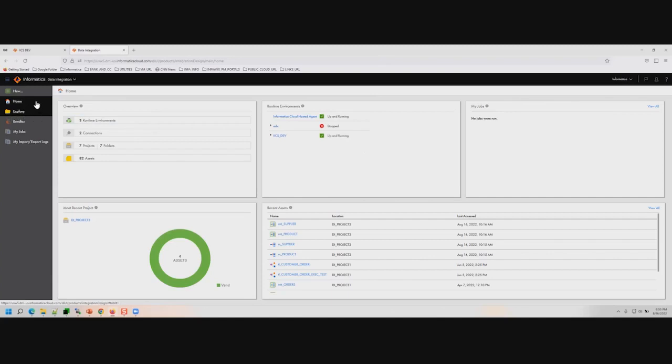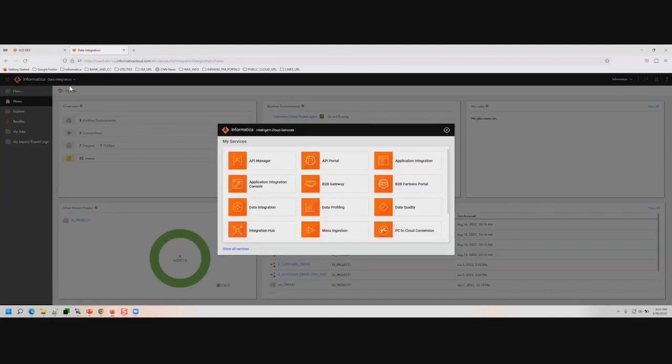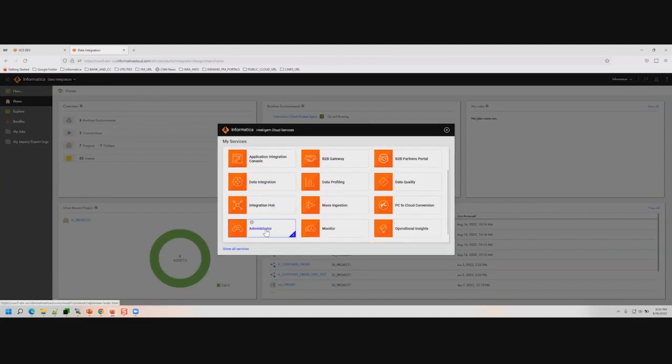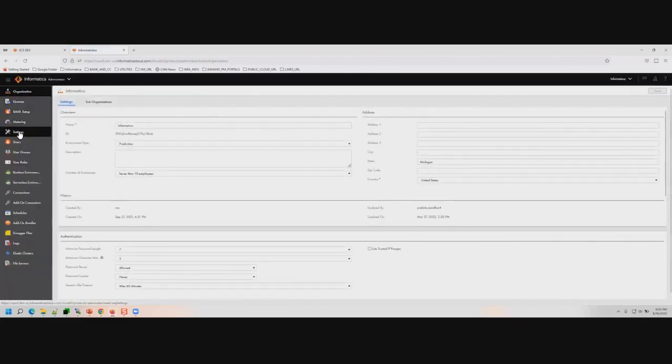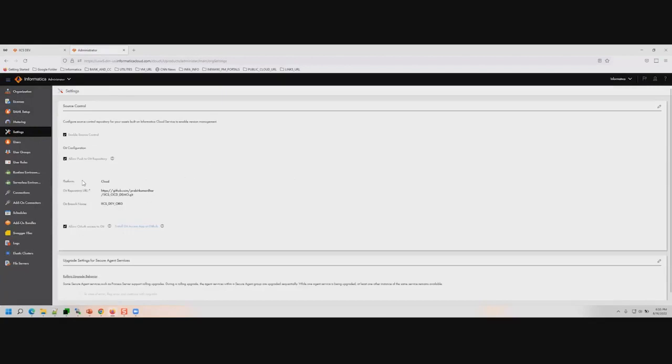Before we go to the migration side, we will look into the Git settings a little bit. Let's go to the Git settings. If you can see here, we have enabled source control. One of the best practices of configuring the Git repositories with IICS is that you allow the Git push from IICS in the dev org, because